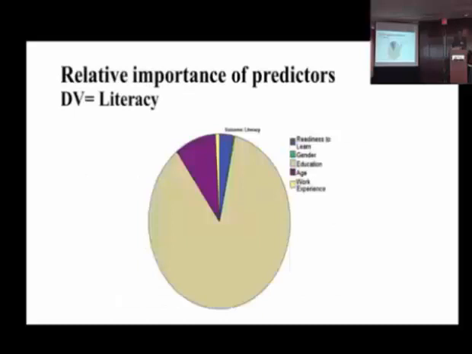And this is just a graphic that shows, out of the total variation explained by the variables in the model, what proportion was explained by each. And as you can see here, education, which is the tan, was the predominant predictor. Readiness to learn was significant, but it wasn't a large predictor. You can see readiness to learn there in the blue. And this is for literacy. And age entered in there too to a greater extent than did readiness to learn. And again, age was a negative predictor of literacy.